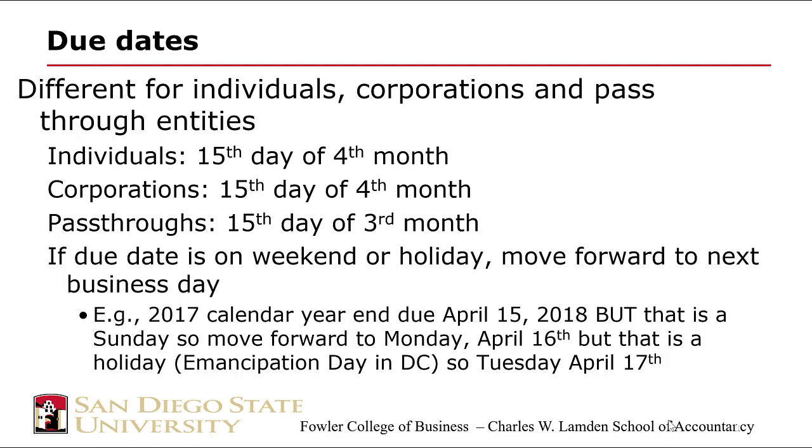Pass-throughs are almost all on calendar, but don't have to be. There are a few that might not be. They're the 15th day of the third month. So if it's a calendar year end, that's March 15th. And if the due date is on a weekend or a holiday, you get to move it forward, right? So you get a day or two. And there's an example from back in 18 where it actually got moved forward almost 3 days. So in any event,